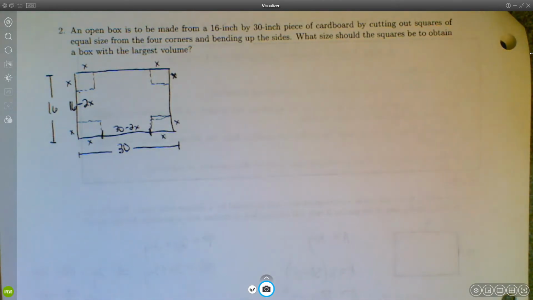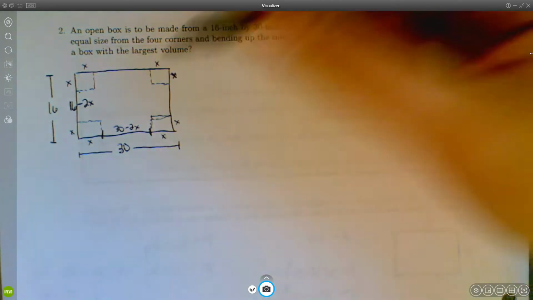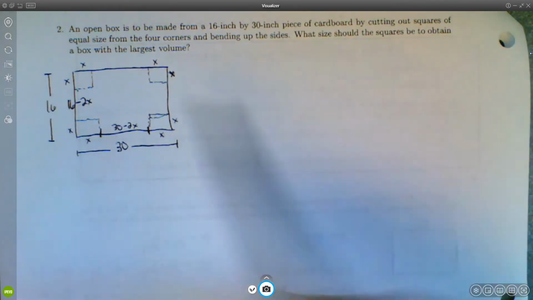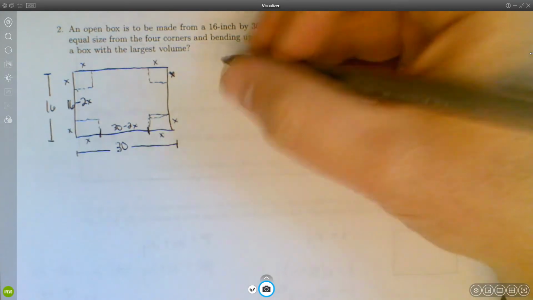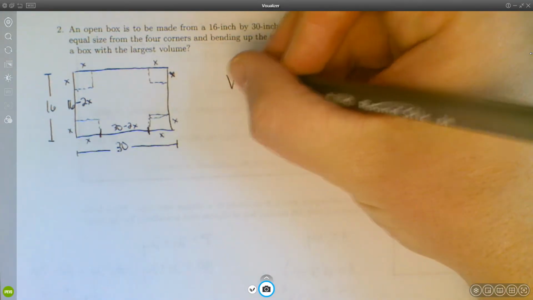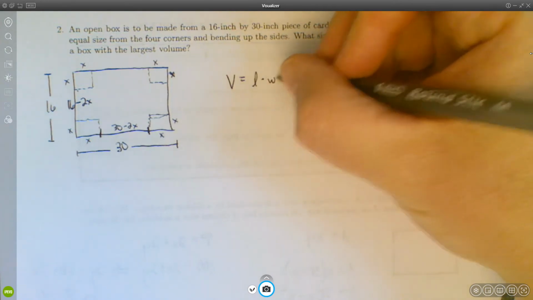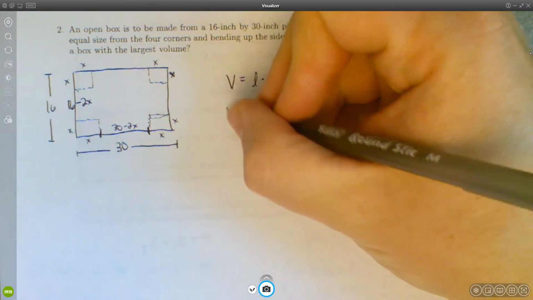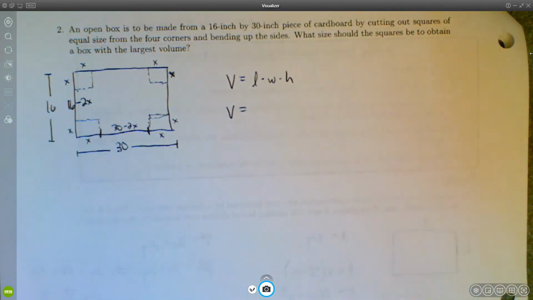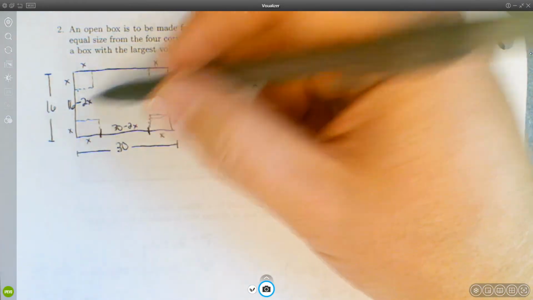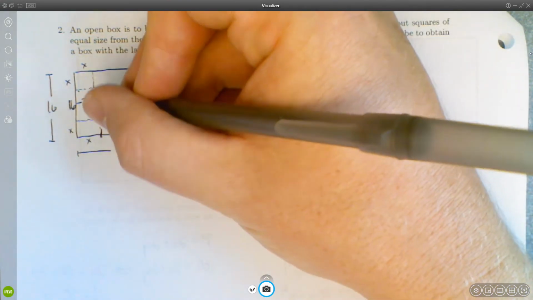So that's important because we're describing the volume of the box that's going to be formed here, because we want to maximize the volume. The volume is length times width times height. Well, what's going to be the length of that box? Once we fold up all the flaps, you can kind of imagine,